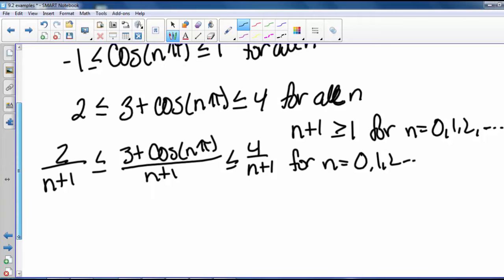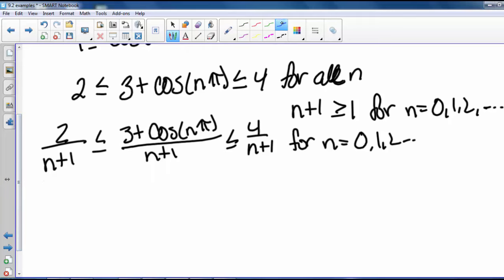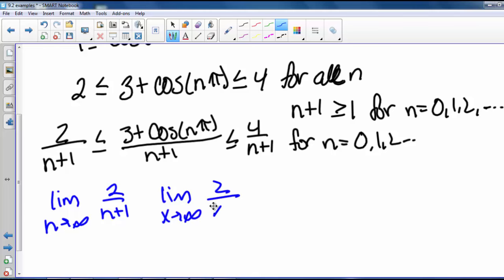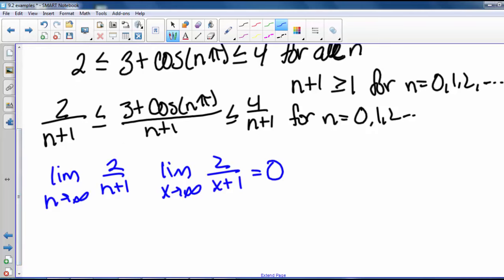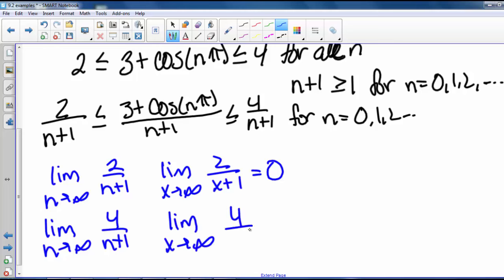So now we look at the limit of our sides. So the limit as n goes to infinity of 2 over n plus 1, rewriting this as a function, the limit as x goes to infinity of 2 over x plus 1 is 0. And same with the right hand side, the limit as n goes to infinity of 4 over n plus 1, as a function is the limit as x goes to infinity of 4 over x plus 1, and that also equals 0. So since these two are equal, by the squeeze theorem,